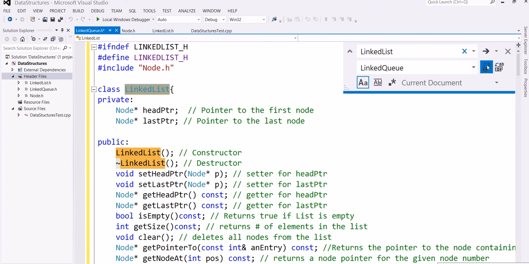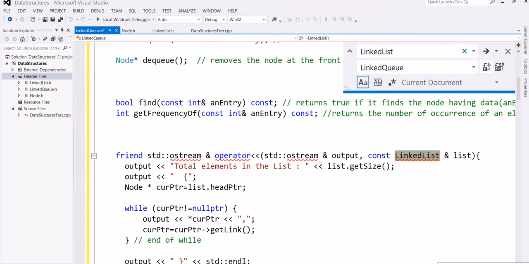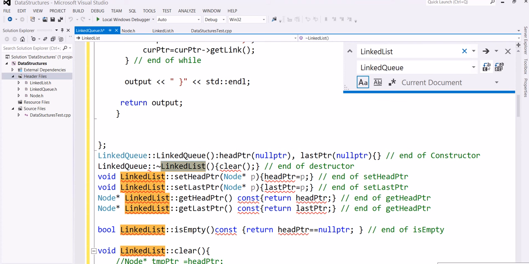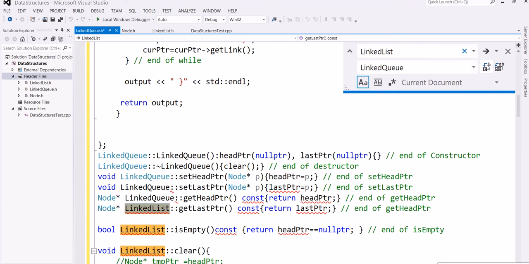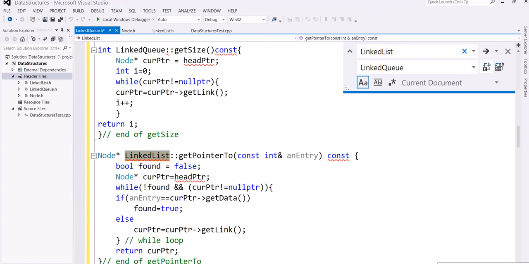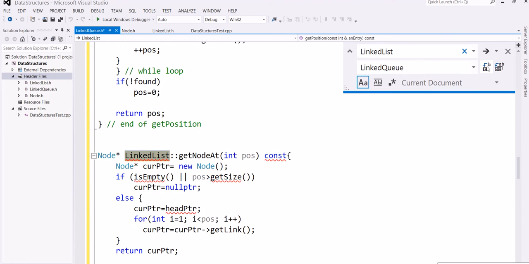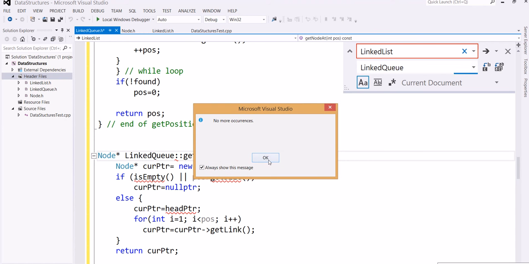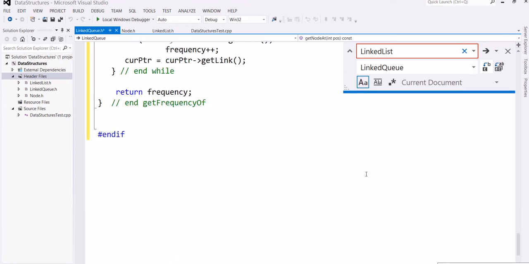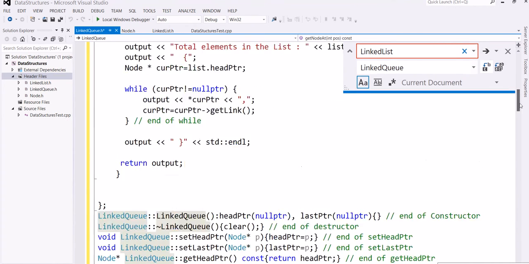We are going to change all. Okay, we want to change. Yes, we want change. Replace no more linked queue. So all linked list are replaced,